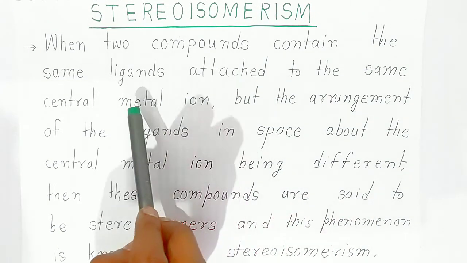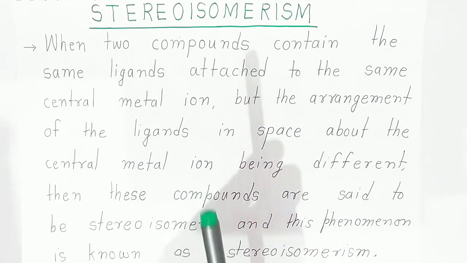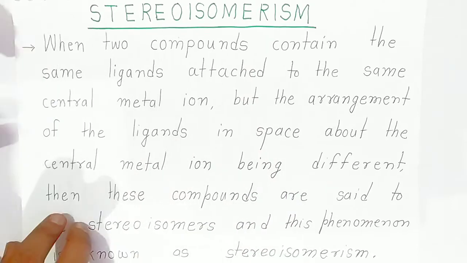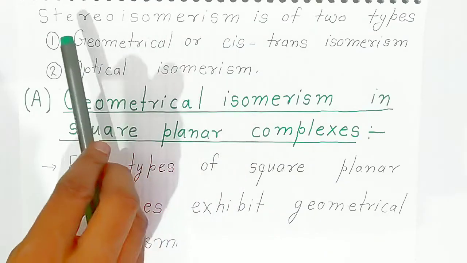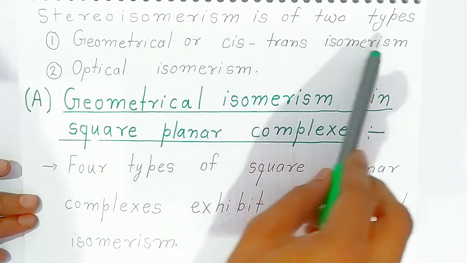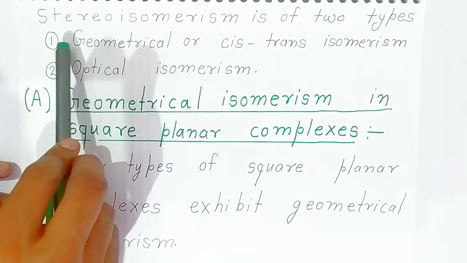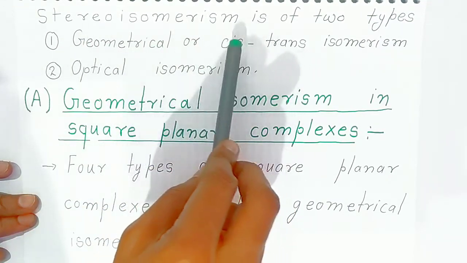So that means, students, around the central metal ion there is an arrangement of ligands. This arrangement of the ligands we call as what, students? Stereoisomerism. Now students, we will see the types of stereoisomerism. Stereoisomerism is of two types: geometrical isomerism, which is also called cis and trans isomerism, and second is optical isomerism. In this video, students, we will see only the geometrical isomerism, that is also called cis and trans type of